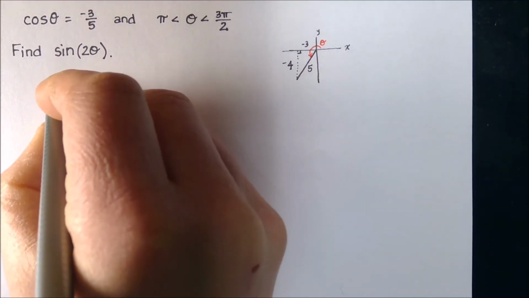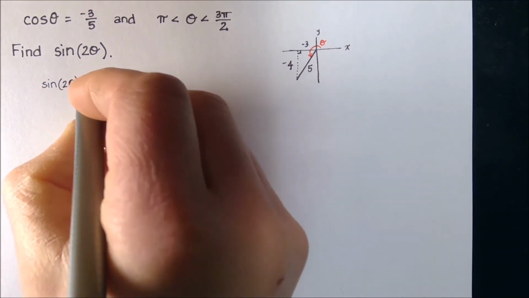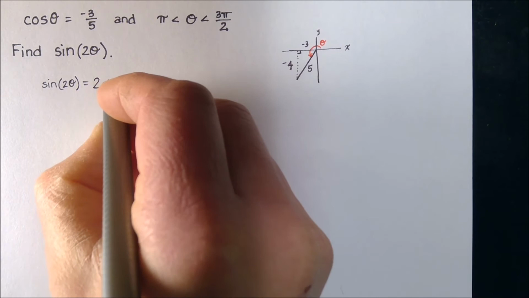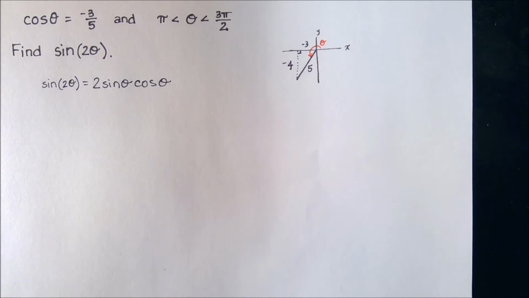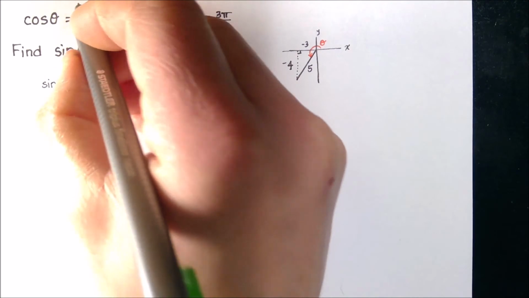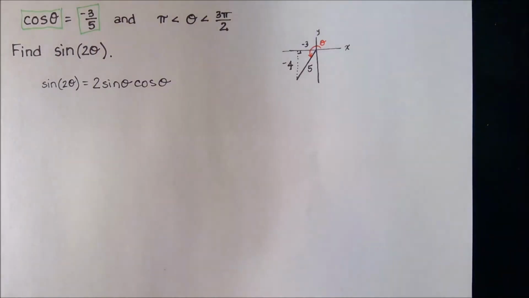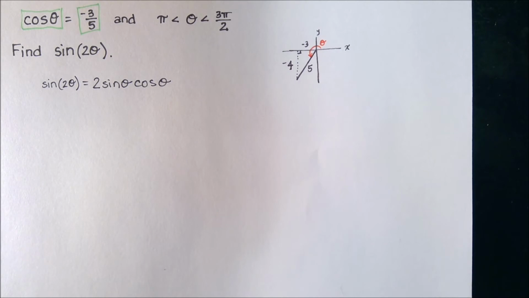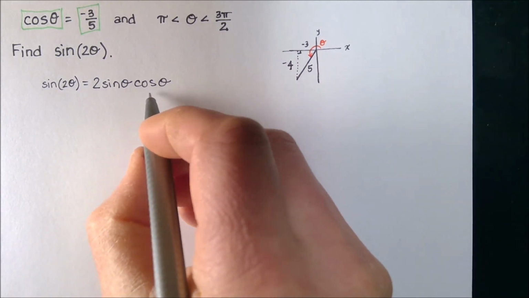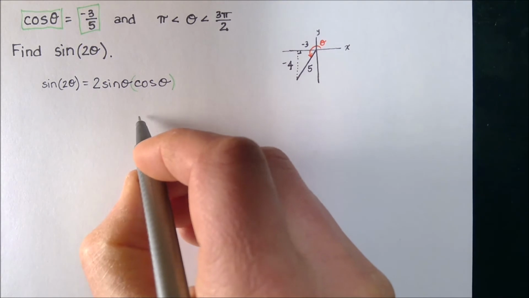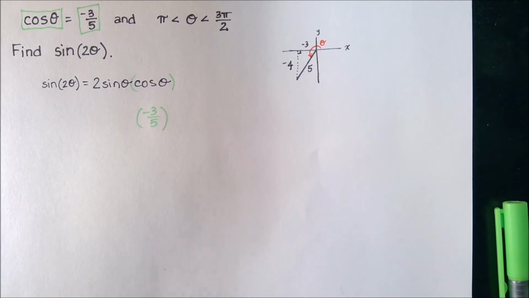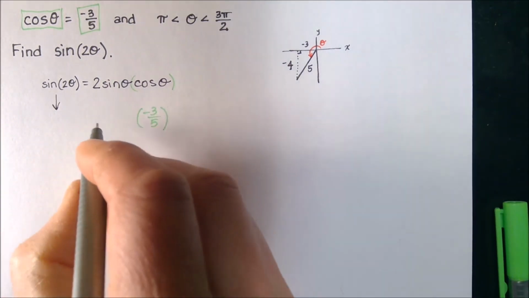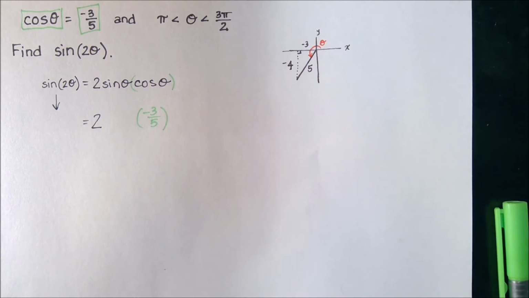is actually equal to, let's see, sine of 2 theta is equal to 2 times the sine of theta times cosine of theta. Well, here's the thing. I know already that the cosine of theta is the same as -3/5. That means we can substitute cosine of theta with -3/5 at any point in this problem. So we're taking this and we're putting -3/5, right? So my sine of 2 theta is equal to, well, we've got 2,